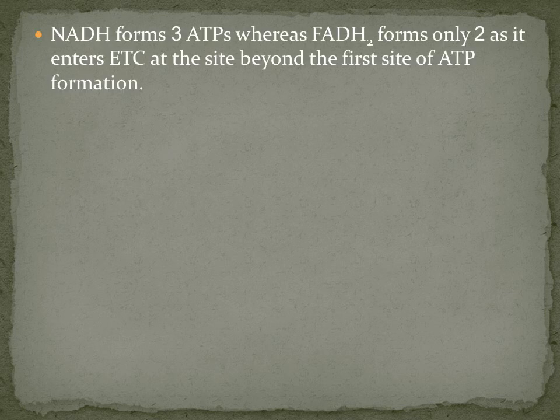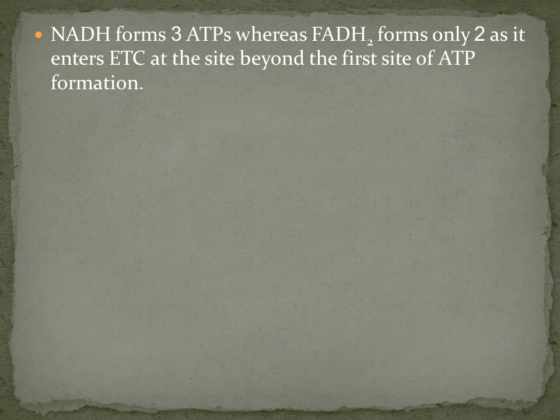So in the previous slide, we have seen that NADH, the reducing equivalent, is the active coenzyme form of the vitamin B complex vitamin niacin. NADH is formed from glucose oxidation, from amino acid oxidation, and from fatty acid oxidation also. All this will come to the electron transport chain in the mitochondria and forms 3 ATPs.